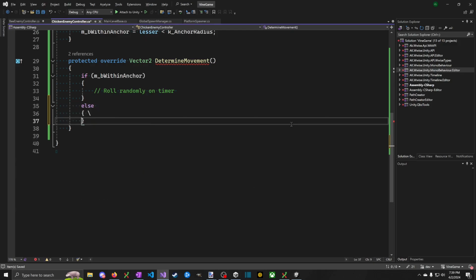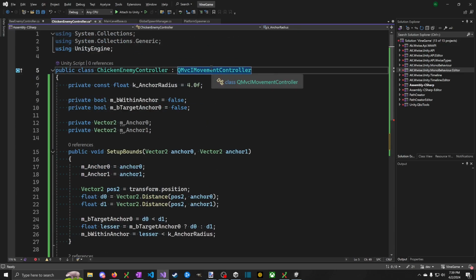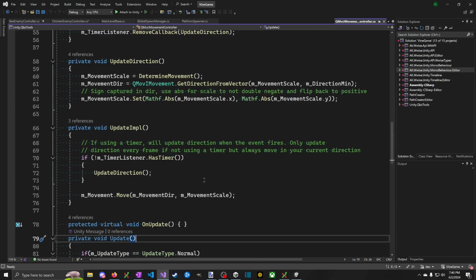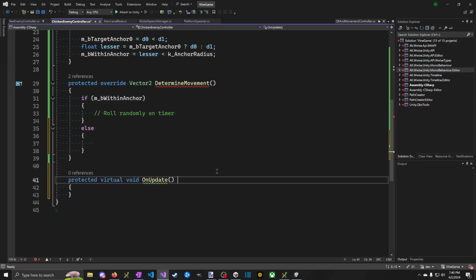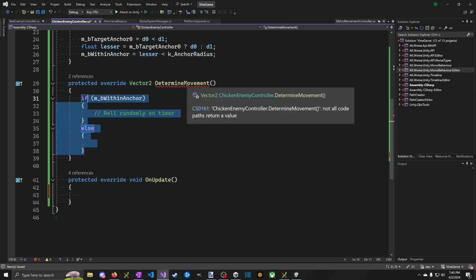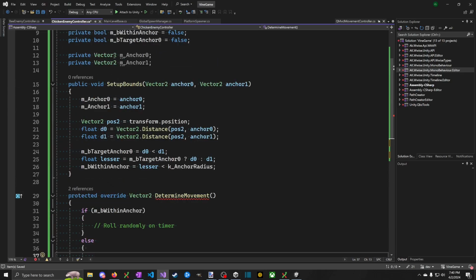If you're not within an anchor though, then your distance, well, I guess you should check if you are within an anchor every so often, not every frame. Let's spread out those distance checks. But let's not leave that to determine movement. Movement is basically just reading the current state of the system. In which case we are going to return